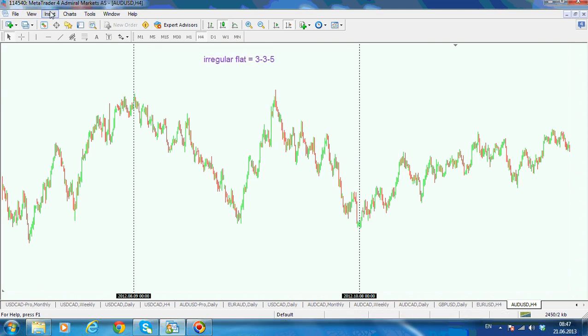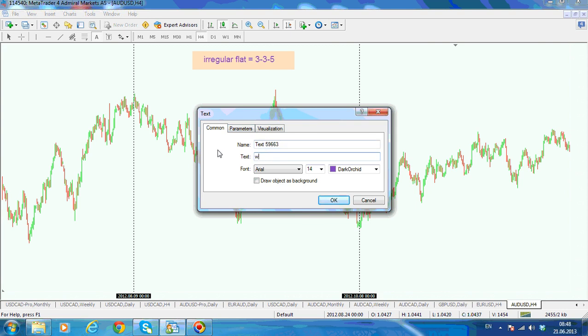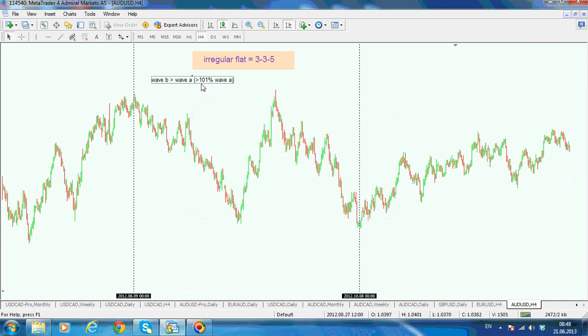And in an irregular flat, if you put the shape here like this, the two characteristics should be that the B wave, so wave B, is higher than wave A, so it should be bigger than 101% of wave A. Let me write this like this. And another characteristic